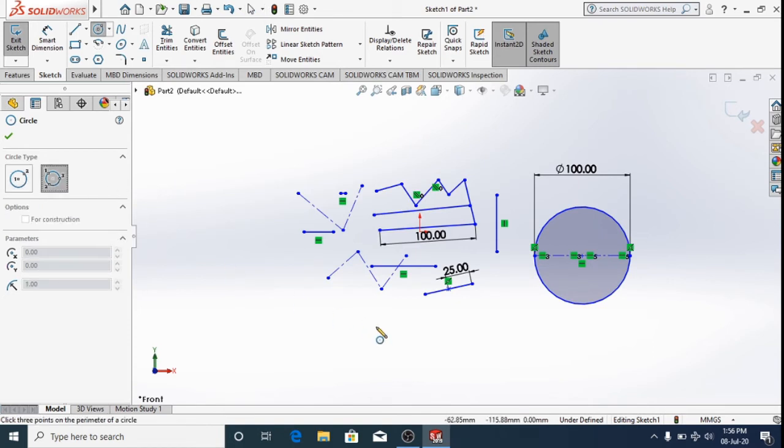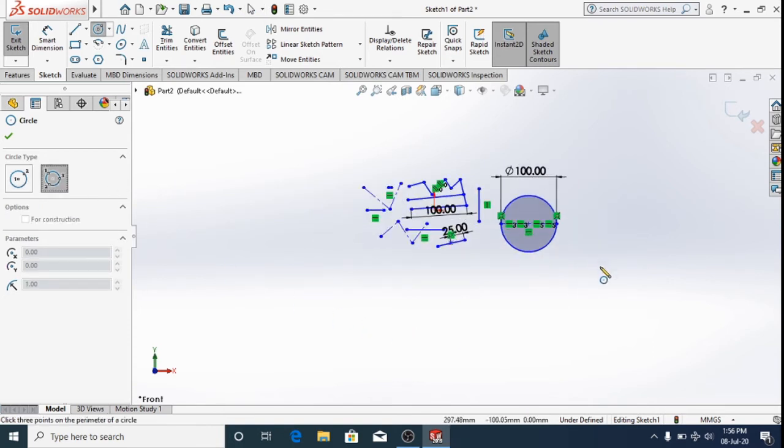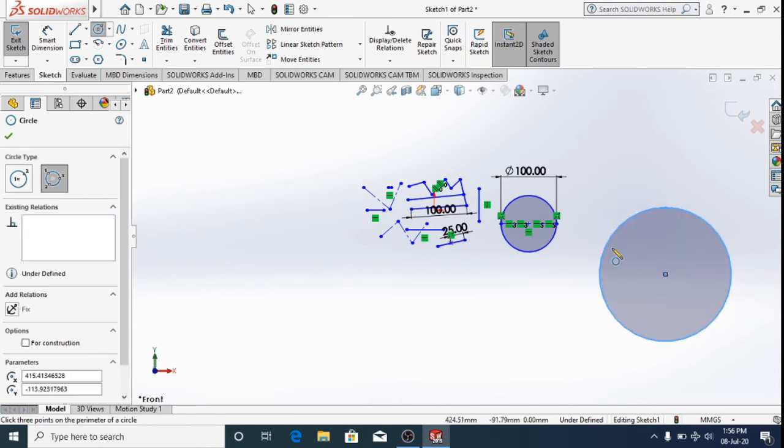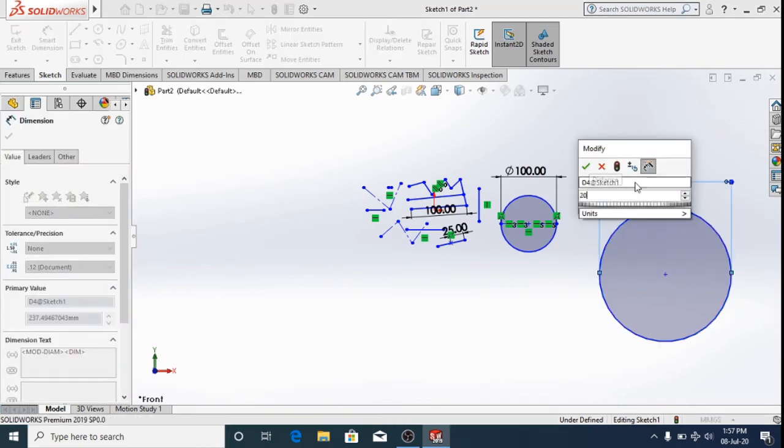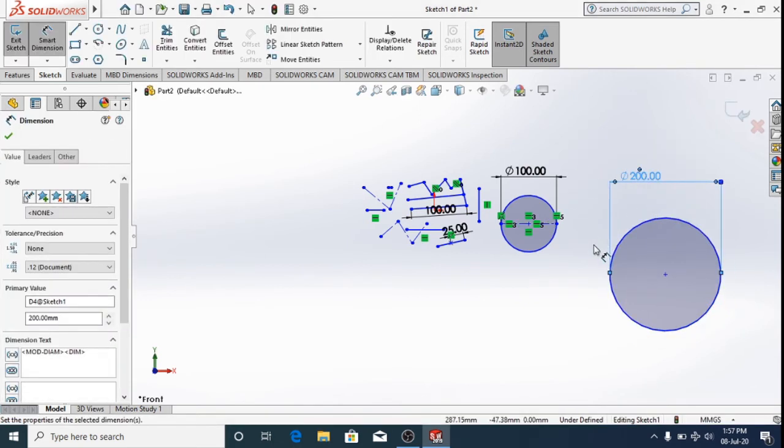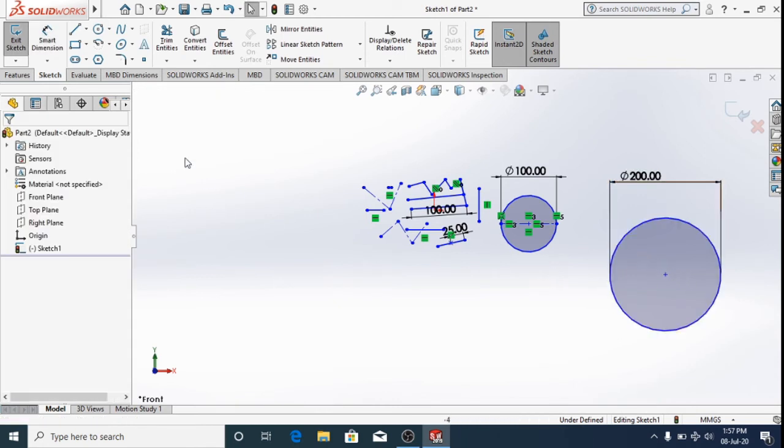circle feature, that is the 3-pointer circle. So this is the first point we have to select on the perimeter, and the second point, the third point is also on the perimeter, but the third point decides the size and radius of the circle. So in this way we can also give dimensions for this accordingly. I hope you are clear with these two features.